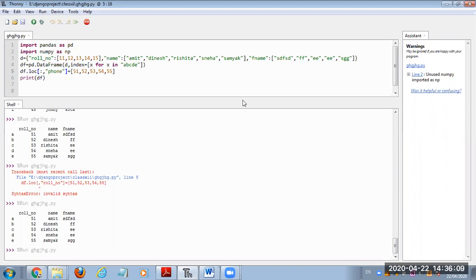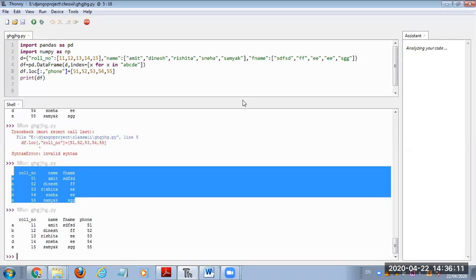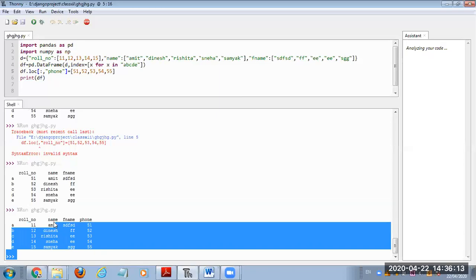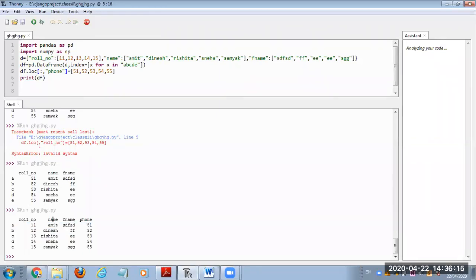Let's check this. So you can see loc is a very versatile function. Loc can be used in a variety of ways. Using loc, you can add a column, add a row, update the existing row, and update the existing column. You can do a variety of things using this loc function.